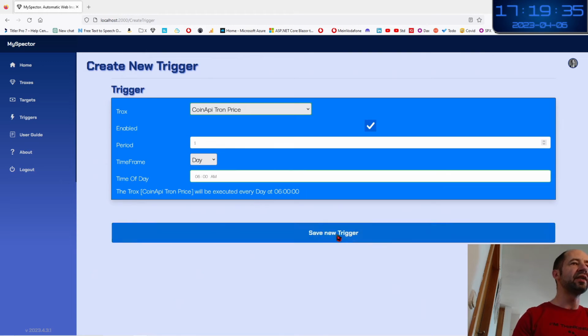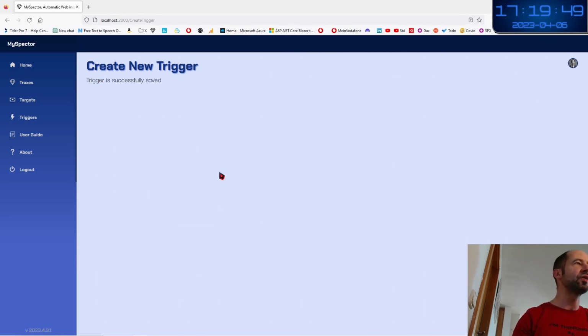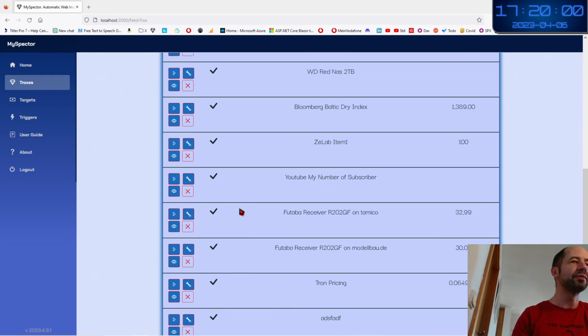And I save the new trigger. Or if I want to do it more often, I can say I want every, let's say, 6 hours, and I save the new trigger, and then automatically I will receive a notification if the price goes above my criteria.